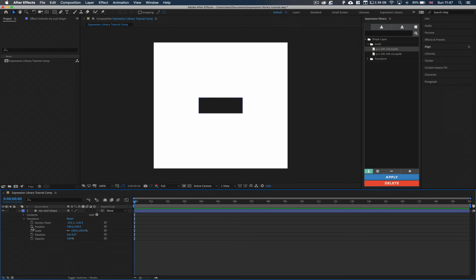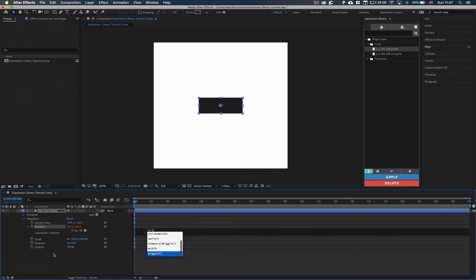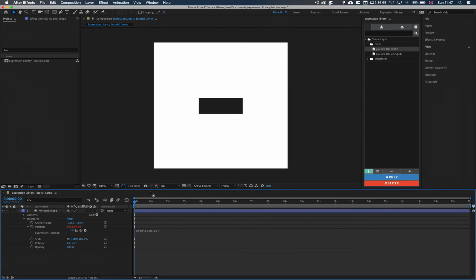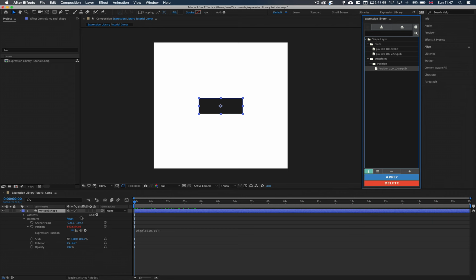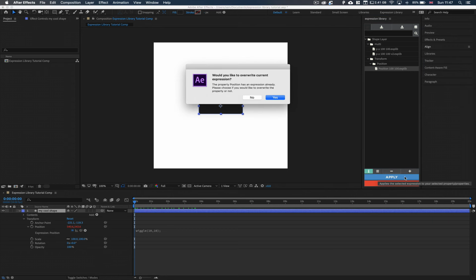Lastly, let's go over if you already have an expression applied to a property. So let's say, for example, on my position property, I have a wiggle moving 10 pixels 10 times per second. Now you can see my expression applied. I want to try and override that. I'm going to select my position 100, 100 and select the layer, click apply, and I'm going to get a